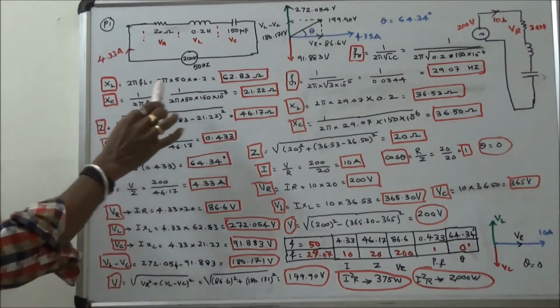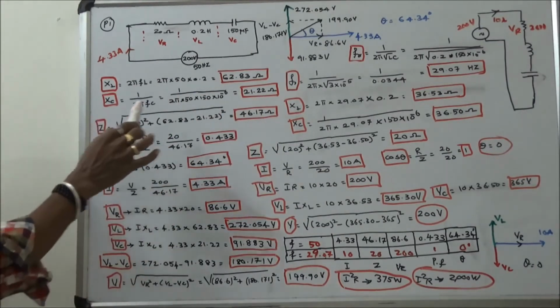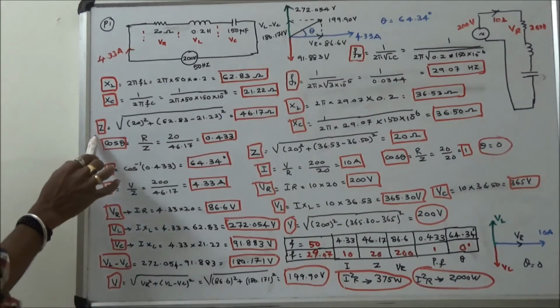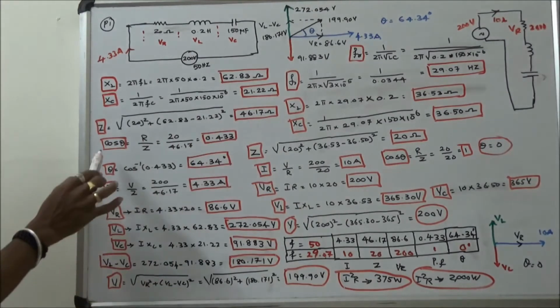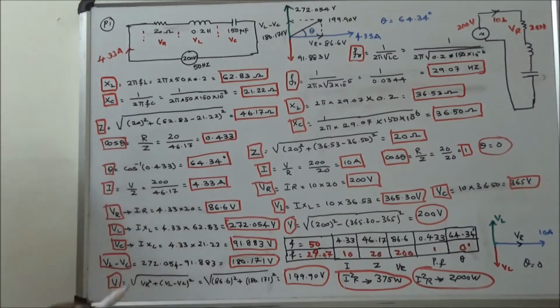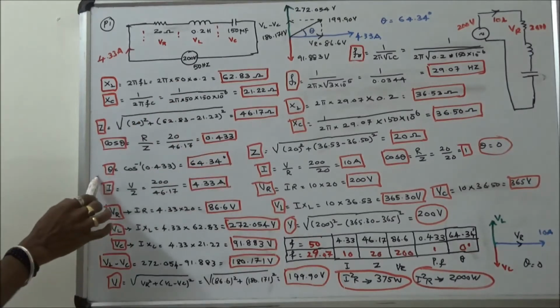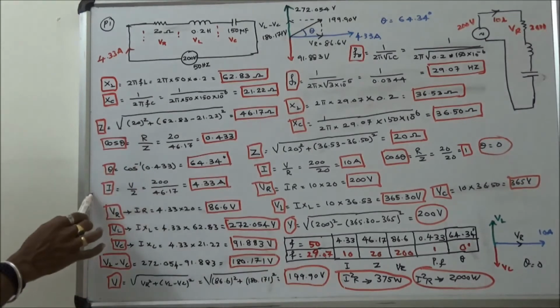XL is equal to 62.83 ohms. XC is equal to 21.22 ohms. Impedance Z is equal to 46.17 ohms. Cos theta is equal to R by Z, that is equal to 0.433. Theta is equal to 64.34 degrees. Current I is equal to V by Z,